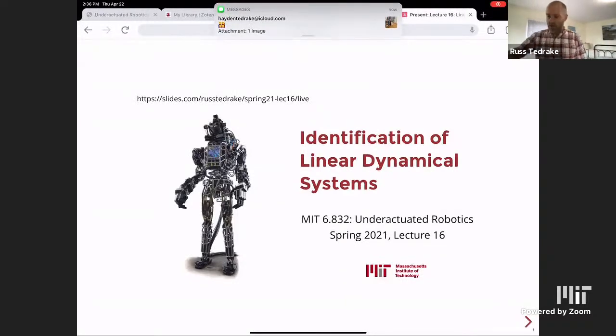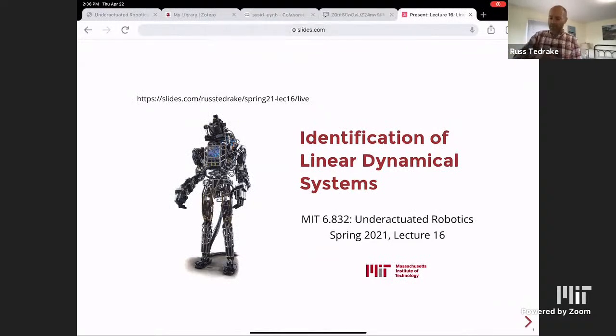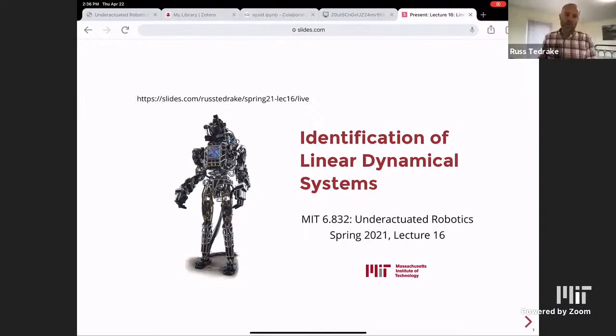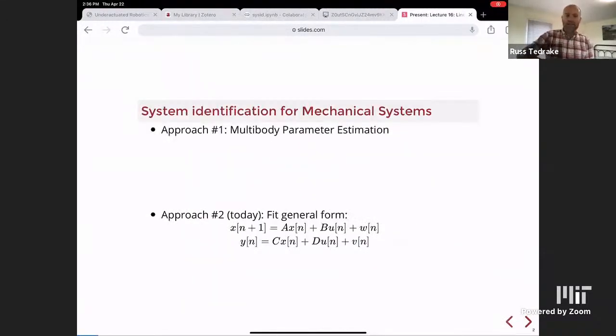I want to continue our discussion today of identification. We're going to focus mostly on linear dynamical systems, but I want to show you how broadly applicable that is. All right, so just for context, this is the second of two approaches that we're talking about so far for